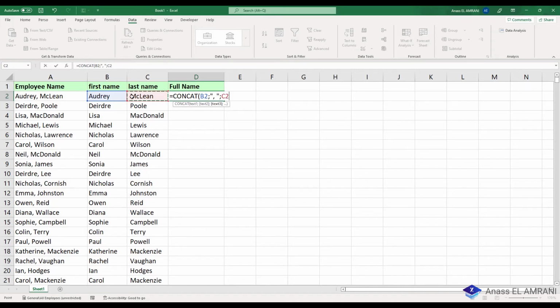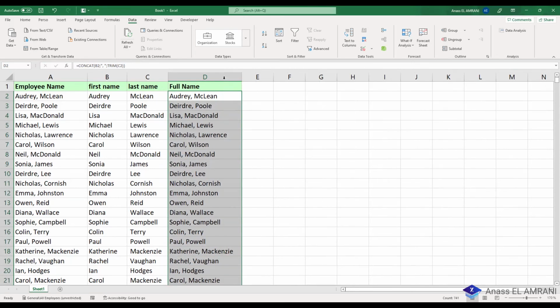As I said, there is a space here, so I'm going to use the function TRIM to delete that space from the last name. Just click enter, and with the fill handle, double click, and you will see all the names are being